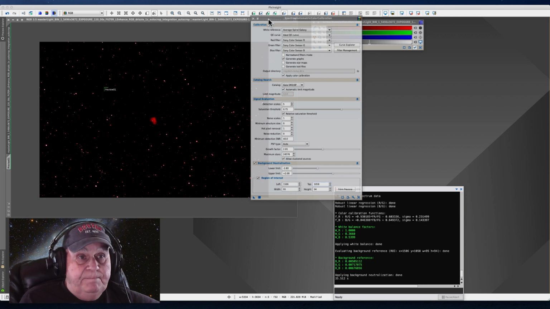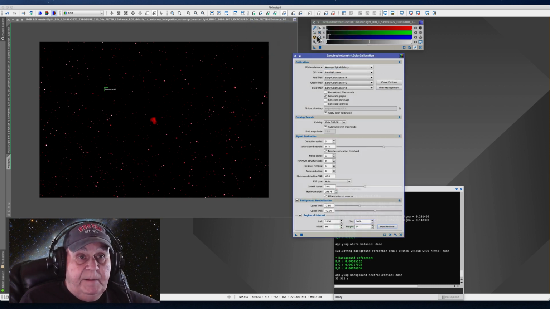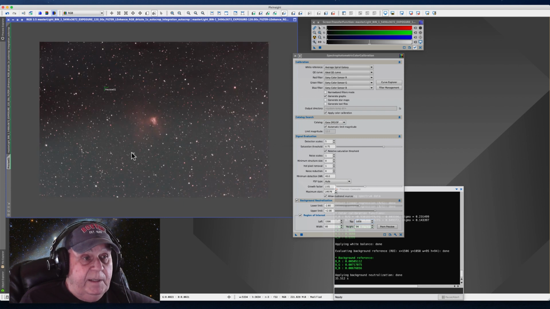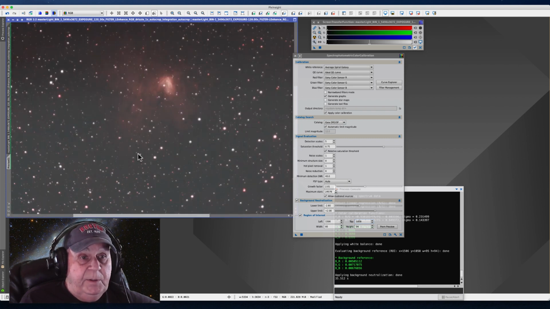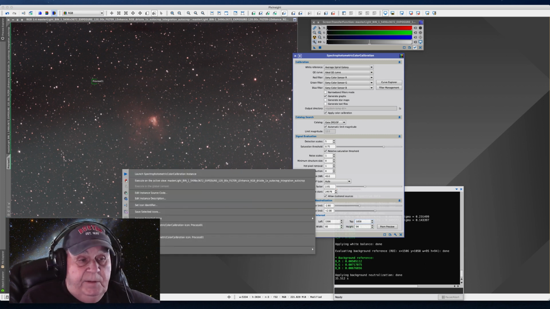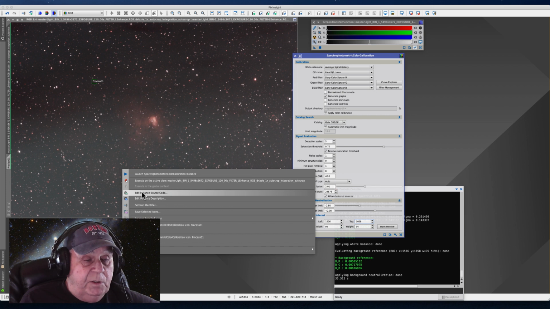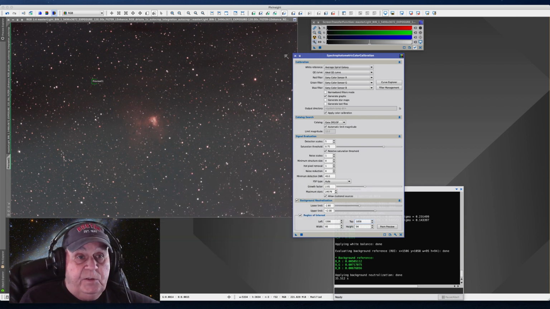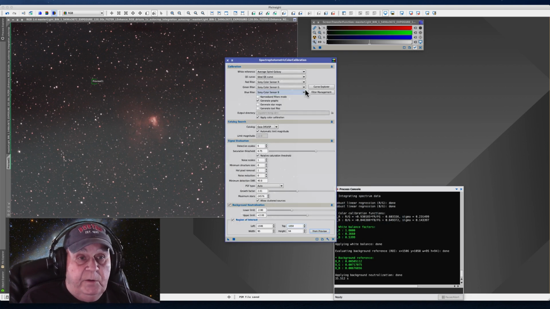So it's done. It has performed brilliantly. I am going to go ahead and click it, and I now have a color calibrated image using the new Spectrophotometric Color Calibration Tool. I'm going to save this process, and I just saved it. I already have done this, but I saved it, and I call this one-shot color camera. And then I also use Astronomik filters. I'm going to go ahead and create